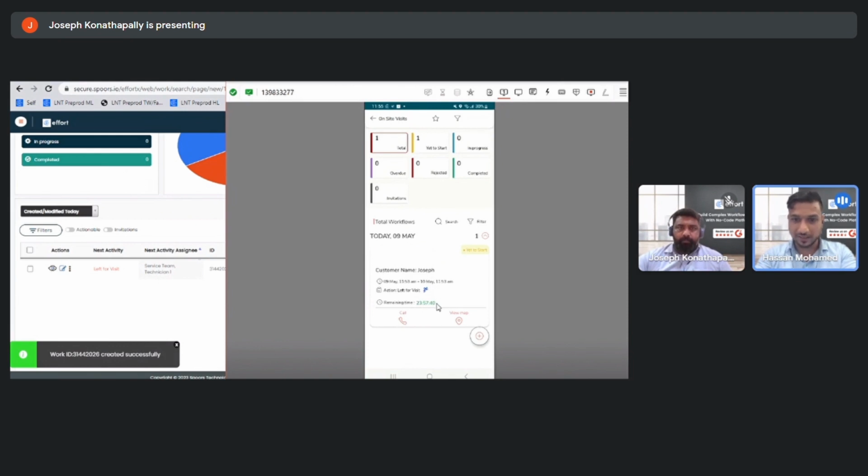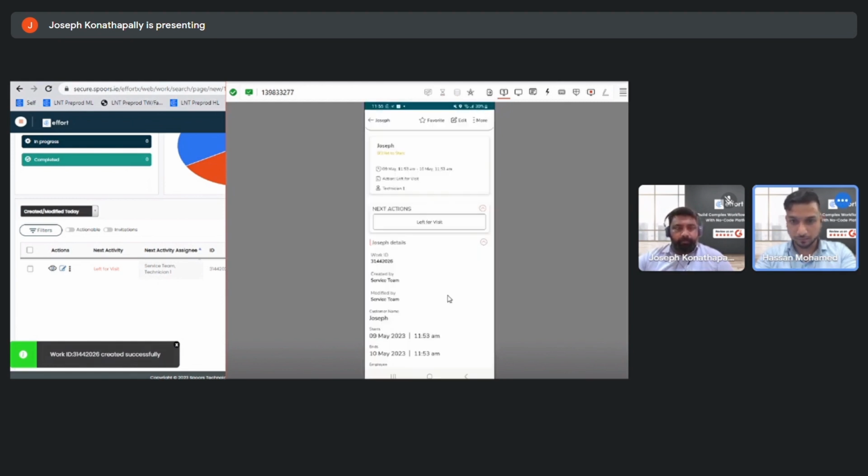So if it is green, that I still have time for it. If it is near closure and I've not completed, it turns to yellow. If it is already past the time that I actually have to close it in, it becomes red, right? So we have that kind of visibility for the users so that they actually prioritize their entire work for the day. So I click on this particular card here, and then if you see, the first step that we actually